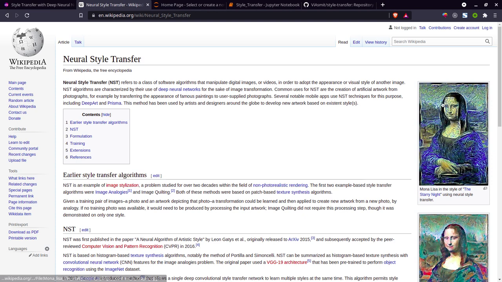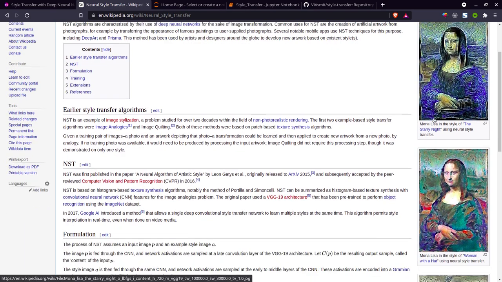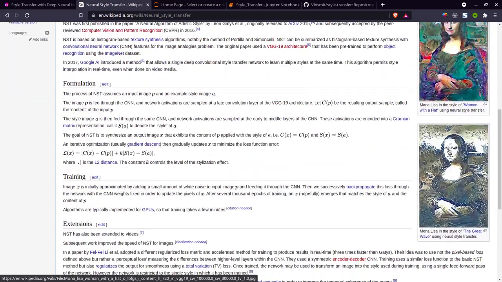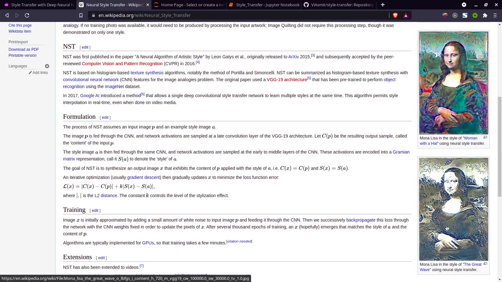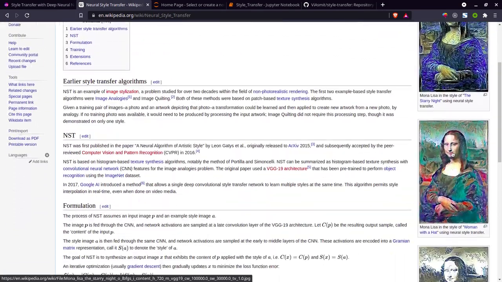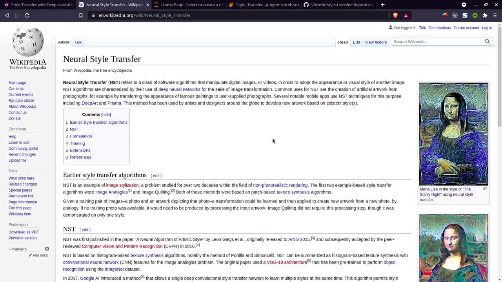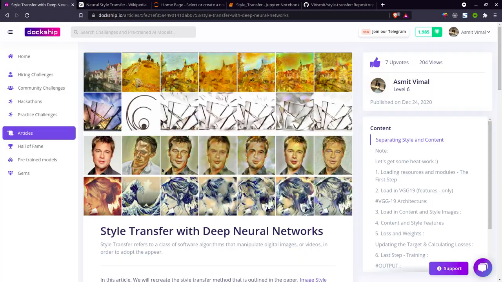Like you can see here, I have a picture of Mona Lisa and there is some style image which is not shown here, and by merging both of these I am getting a new picture. These pictures, as you can see, were made with different styles. This one was made with a wave image and this was made with some other image. We get very new and attractive images. So this will be our motive, and let's talk about the technology I will be using.